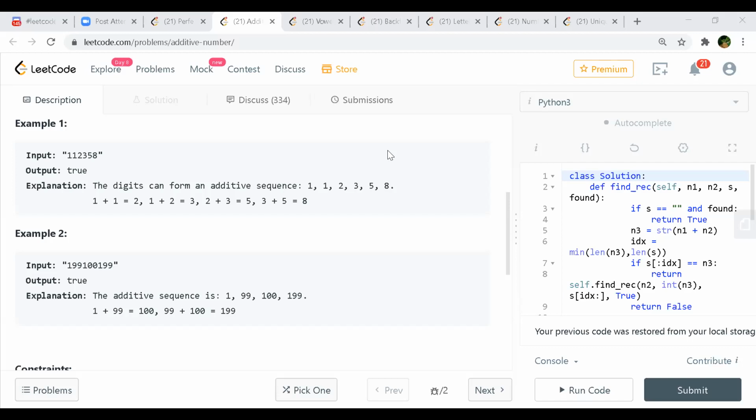199, yes. So 1 and 99, and then keep on doing it for all. Yeah. So this is going to be a sort of a DFS problem. And I don't think there will be a brute force. Yeah, we can find a brute force in this case. DFS itself is a brute force, right? Backtracking itself, like we are trying exhaustively all the possibilities. What brute force can be there apart from that?